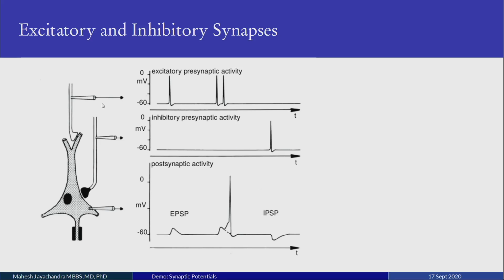Here we are recording intracellularly from the presynaptic axon before it goes to the synapse. And you see excitatory presynaptic activity, axons firing action potentials. There's one over here, there's two over here. And if you look at the postsynaptic activity, which is what's happening in the pyramidal cell, this is the postsynaptic activity. And if we just consider the presynaptic activity changing the resting membrane potential of the pyramidal cell, you have an